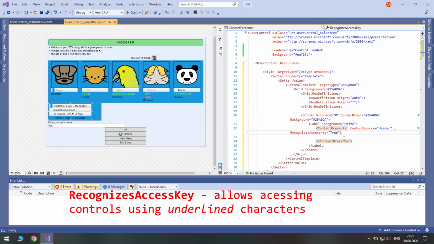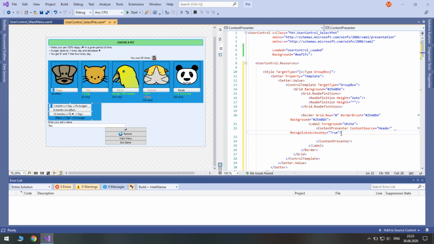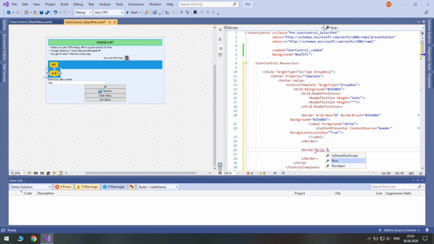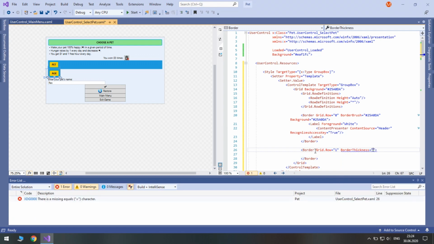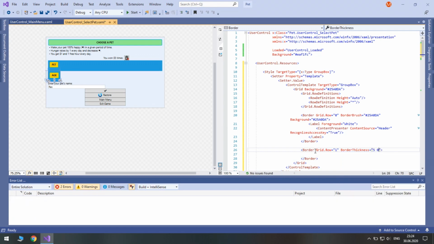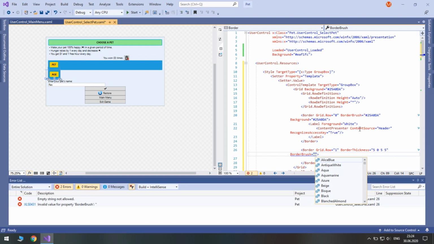Okay, our ContentPresenter will close here. We will have another border for content. Border, place it in Grid.Row 1. Let's add some thickness to it. 5 on left, 0 on top, 5 on right, and 5 on bottom. Add BorderBrush to it. Again, the same color.